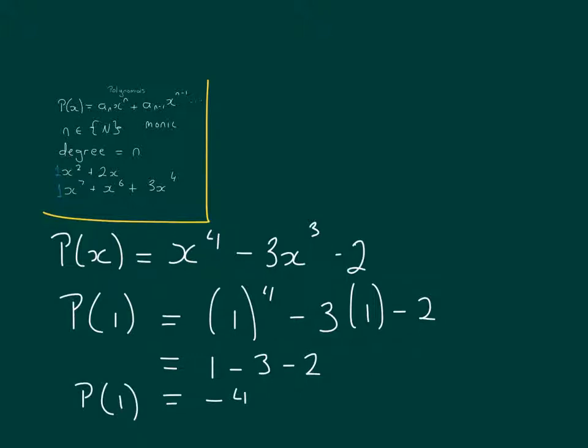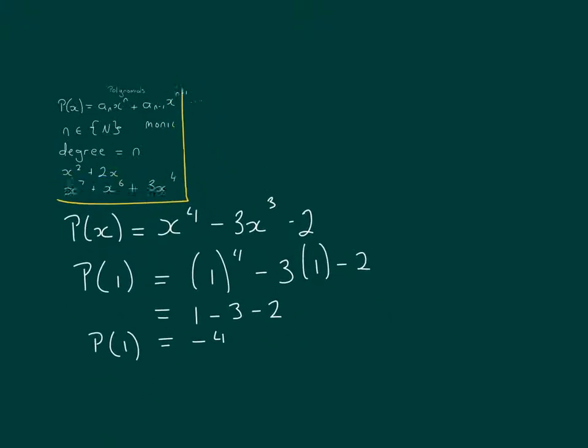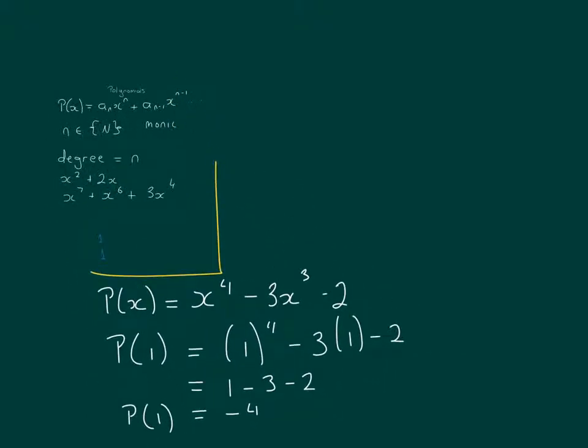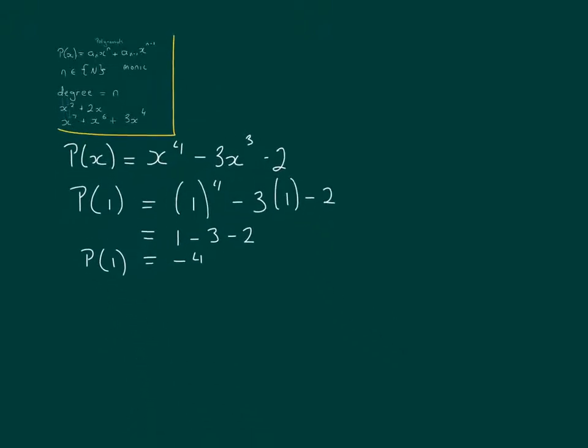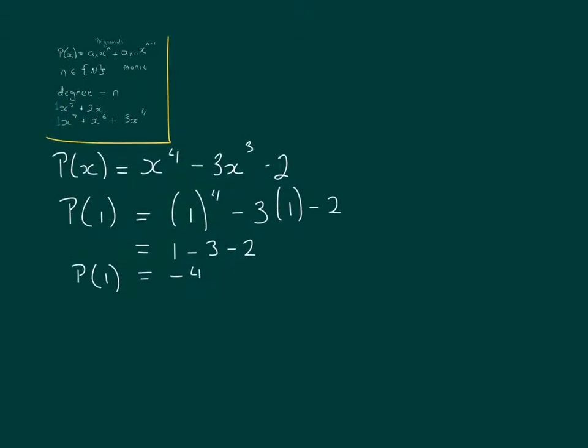Now, what I kept telling you earlier in the year was that these questions are really easy to do when you use your CAS. So if I were you, I would be using your CAS to do these type of questions by first of all writing down the function, which we remember is just x to the power of 4 minus 3x cubed minus 2. Then you would hit your interactive button, then